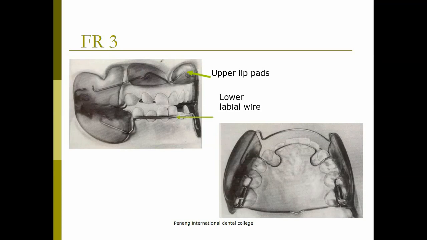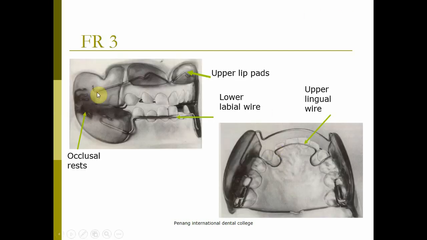You have your upper lip pads, lower labial wire. You also have occlusal rests there. What is the function of occlusal rests? There is an upper lingual wire because I want to procline, I want to take the entire maxilla in front. So anything which pushes my upper teeth out is in my favor. Okay, occlusal rests are basically given